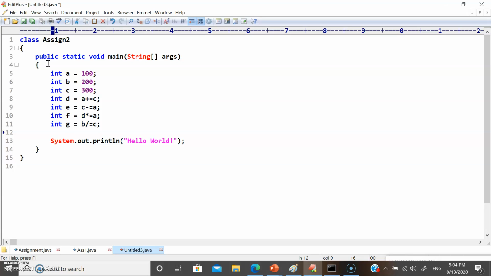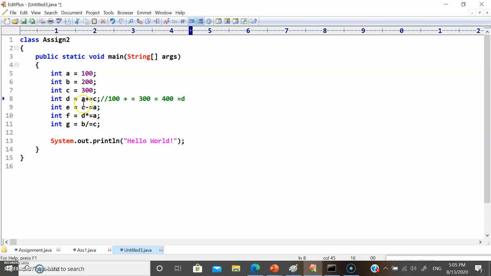So now let's see how it's going to work. The a value is 100, b value is 200 and c value is 300. So a += c means a value 100 plus the c value 300. So now the total value is going to be 400 for d.